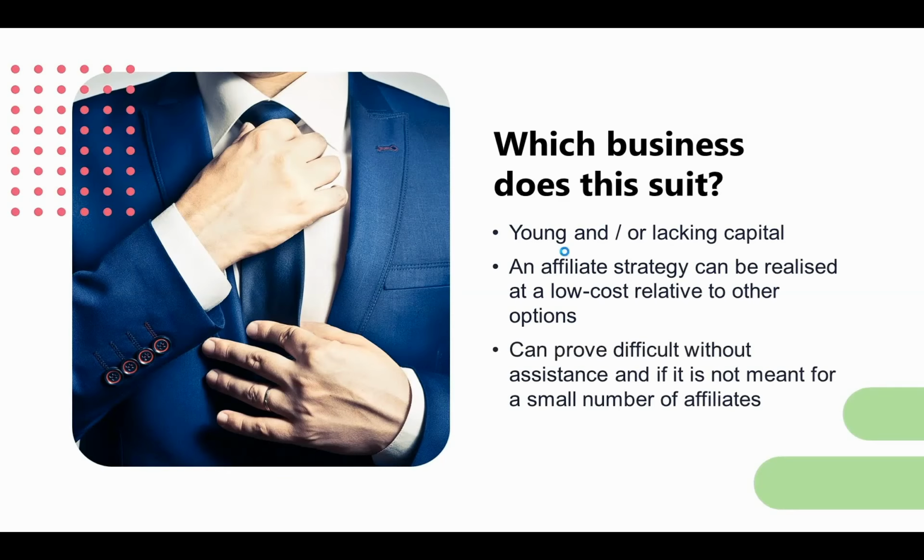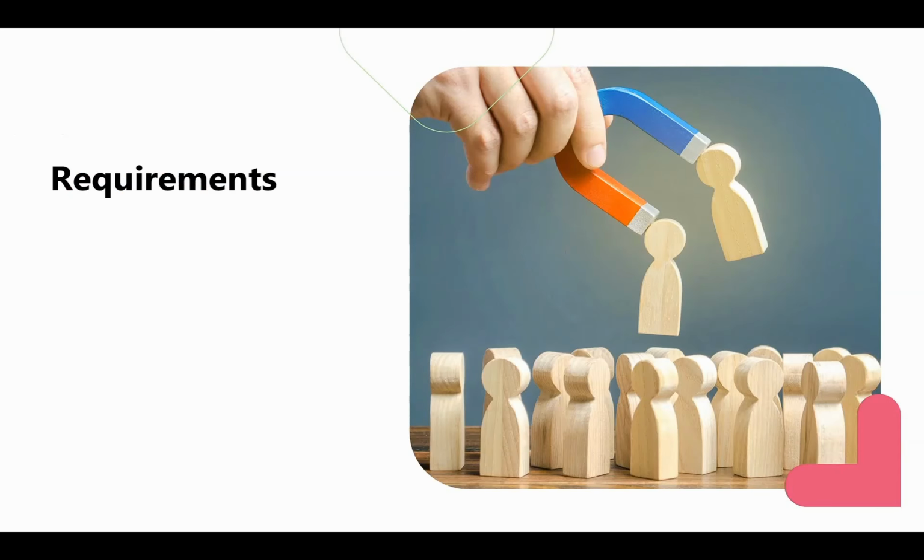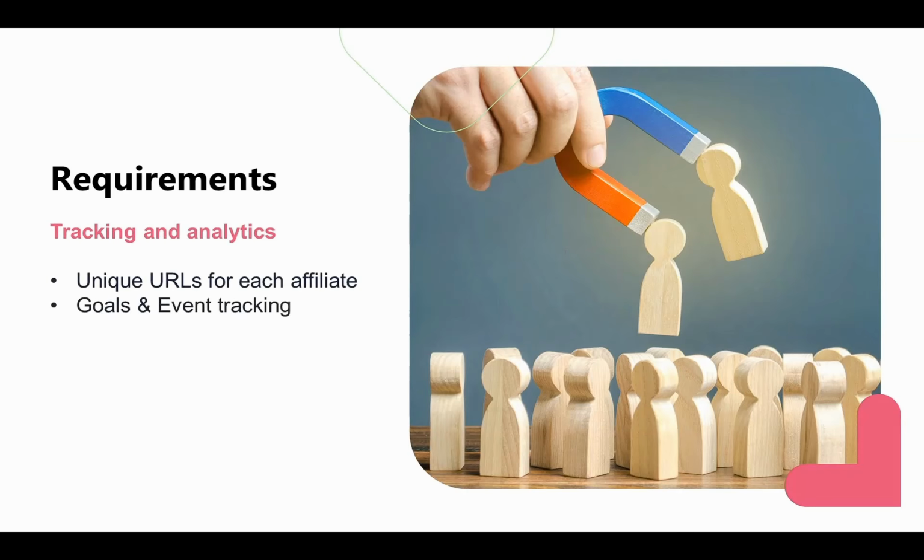So let's take a look at some of the requirements for this. You, of course, would need to be responsible for the tracking and analytics. So no matter how simple or complex your network is, you need to have tracking in place to ensure that the leads or the sales you're receiving are being attributed correctly to the right affiliate, so that the affiliate knows what's happening, and overall there is transparency. This is why you would give each of your affiliates a unique URL, because that is how you will identify them in your analytics. But of course you need the analytics tracking in place if you're going to be able to see any of that.